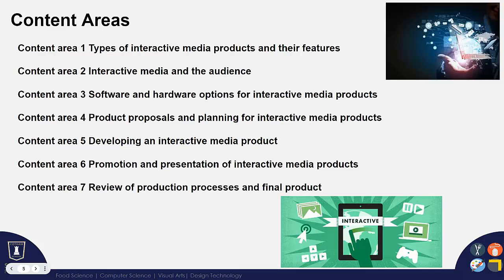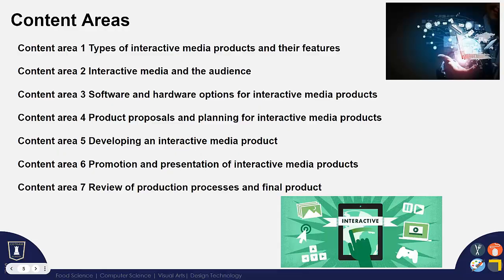So content area 1 is types of interactive media products. Content area 2 is interactive media and the audience. Content area 3 is software and hardware options. Content area 4 is product proposals and planning for interactive media products. Content area 5, developing an interactive media product, and content area 6, promotion and presentation of interactive media products, and content area 7, review of production processes. Now the whole 7 areas will be assessed in the exam, and the whole 7 areas will be utilised in